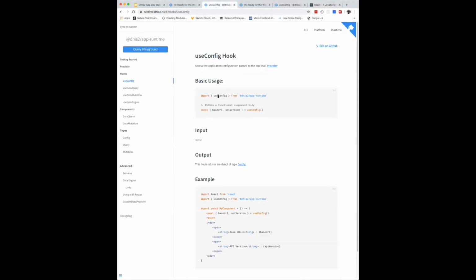But this is the use config hook. And basically this allows any component in your application to have access to the base URL and the API version of the server that you're talking to. So when you type in a custom URL into that server box, when you're logging into your DHIS2 instance, your application in development mode,